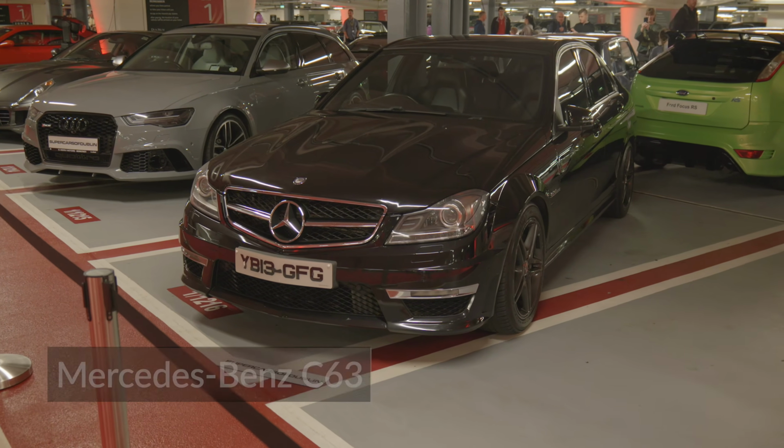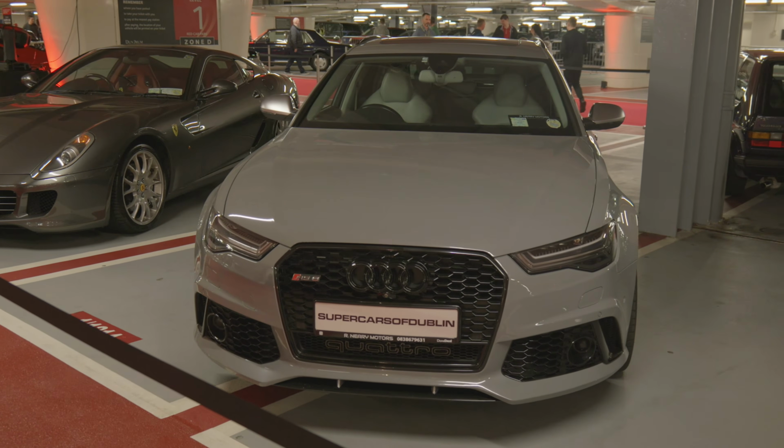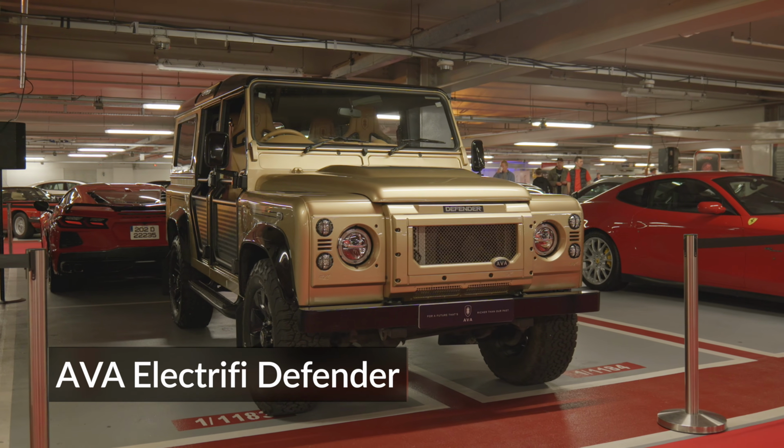A C63, an Audi RS6. They're cars you kind of see on the road quite frequently. Now there's a beautiful Defender up here, which I definitely want to talk about because it's very unique. So this Defender not only looks amazing, it's finished in gold, it's got a gorgeous interior, but it's also